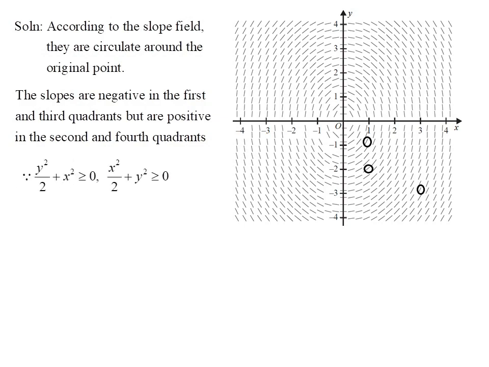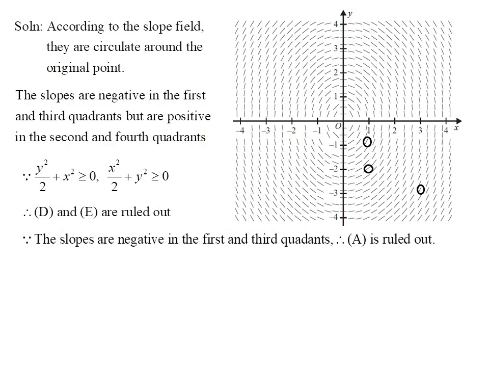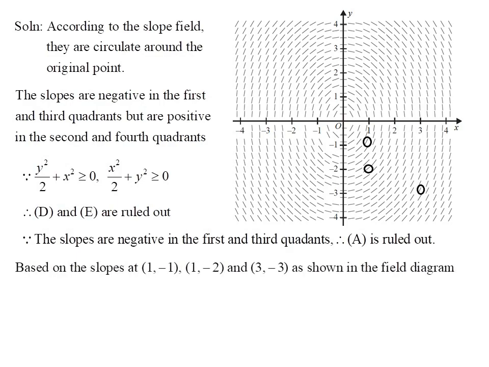Since y squared over 2 plus x squared is greater than or equal to 0, and x squared over 2 plus y squared is greater than or equal to 0, obviously answers D and E are ruled out in this question. Meanwhile, because the slopes are negative in the first and third quadrants, it follows that answer A is not the one we need. However, based on the slopes at points (1, -1), (1, -2), and (3, -3),